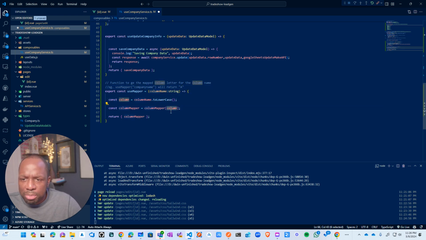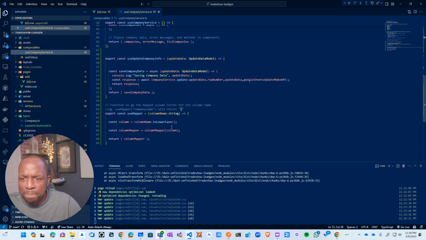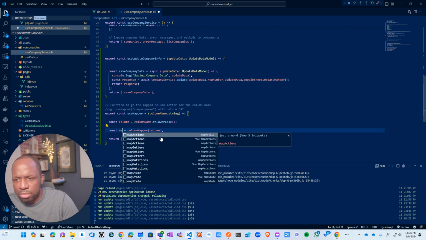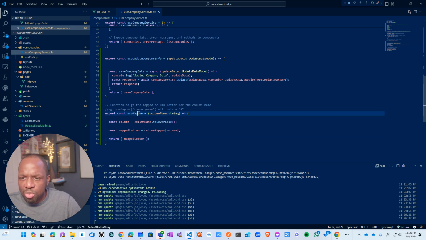So when I pass company name here, JavaScript knows how to take that and convert it to this, and then basically it's going to return that. That's basically what this is doing. And then column mapper map letter, right? So we got to call useMapper,